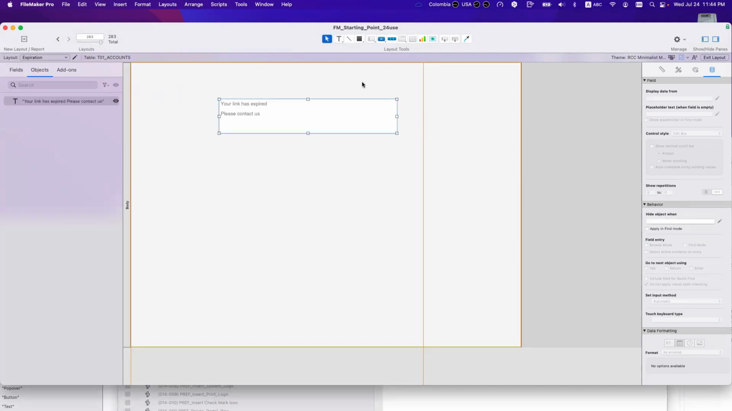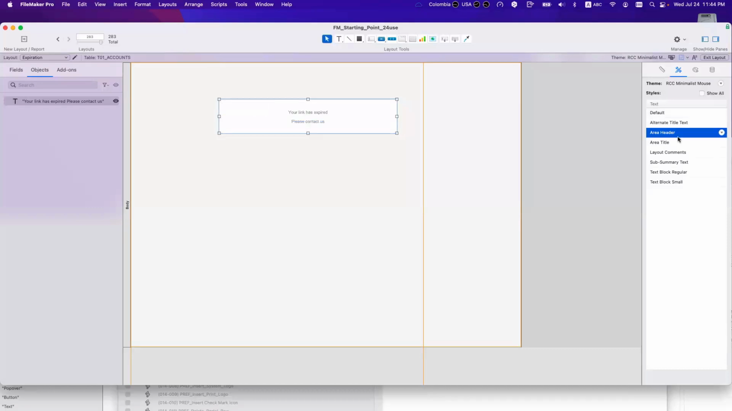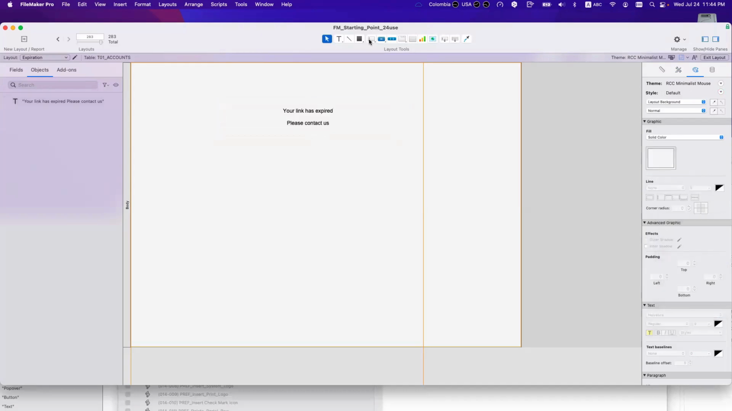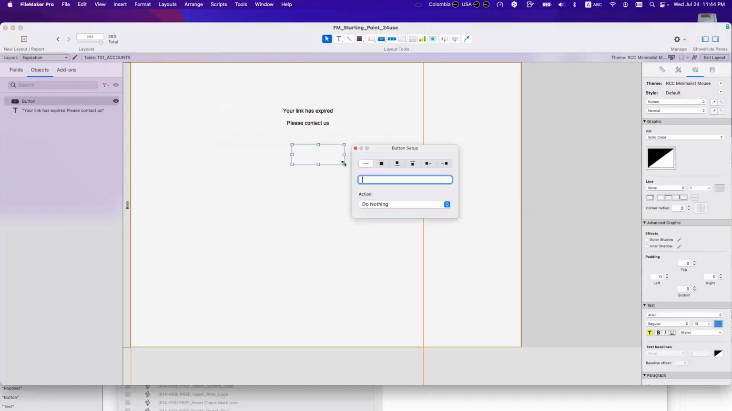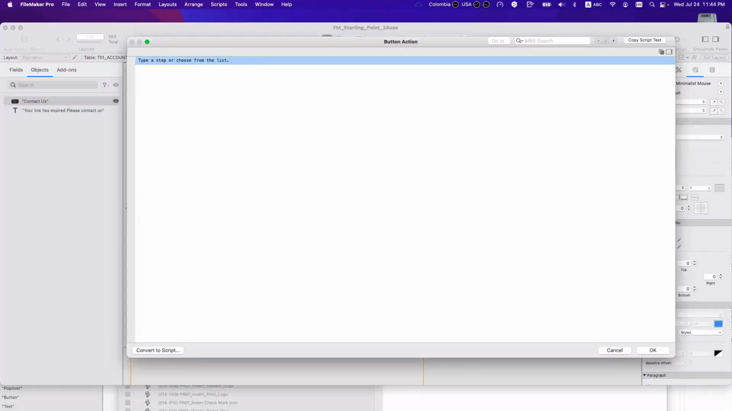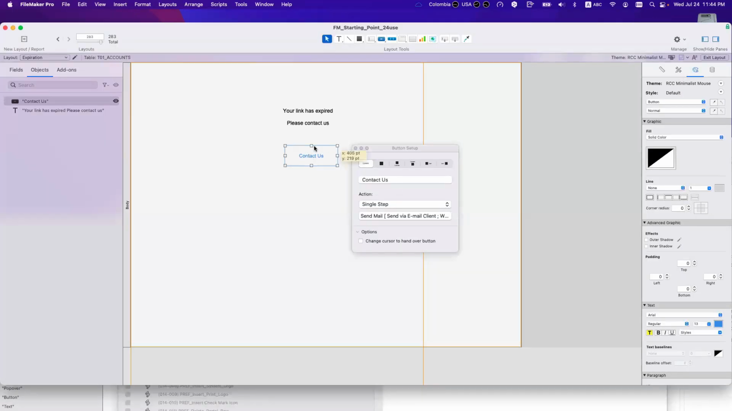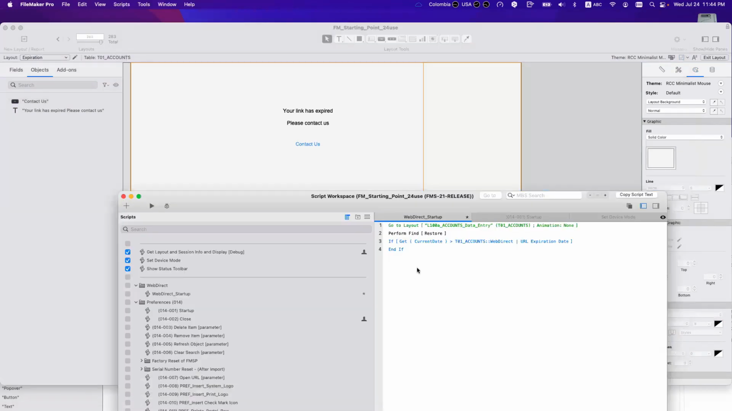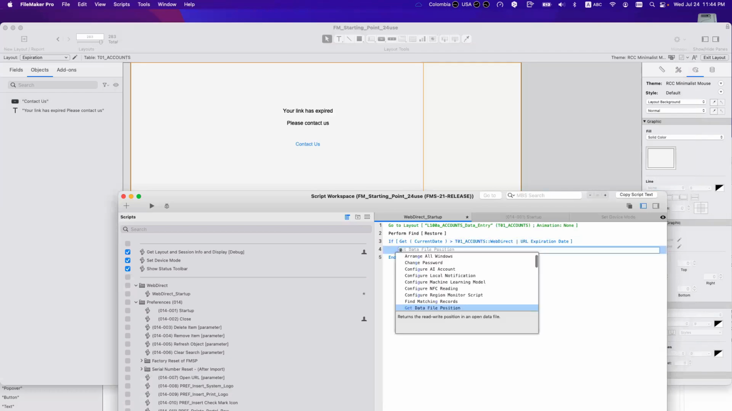Okay. And then you can put a button here, say, you know, contact us, send an email, right, to whoever you want, right? And that's it. So when you arrive at, if this is the case, go to layouts,